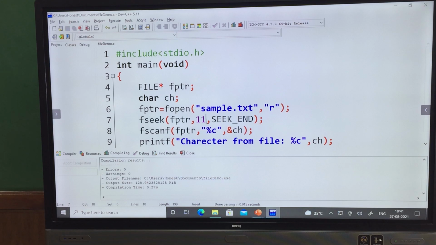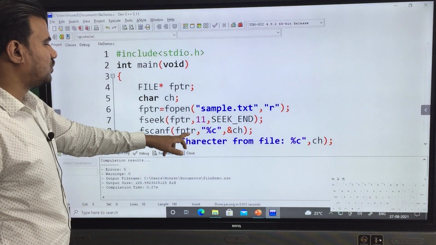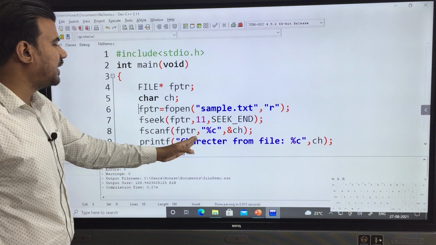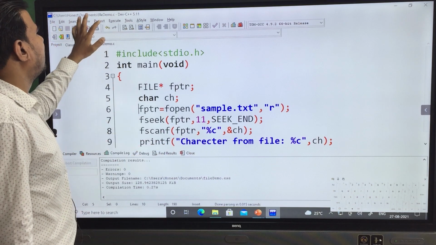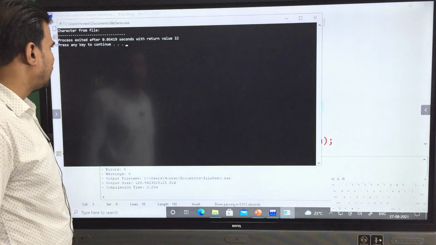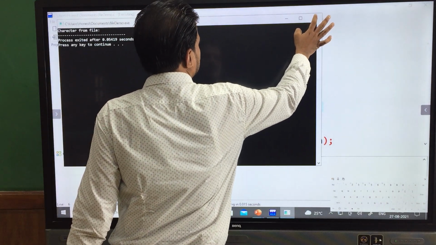So now save it. Then read it. Here we are already seeking from the end by 11 characters, so it will come before that E, then we are reading that E, then printing. Compile, just see what output you get, then run. As you can see, it is not printing E, it is printing the space generally.